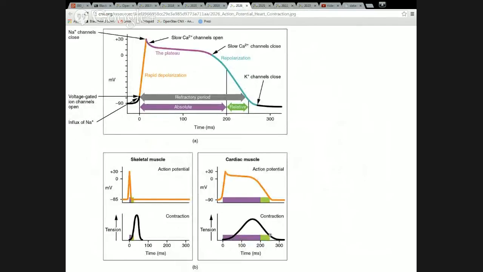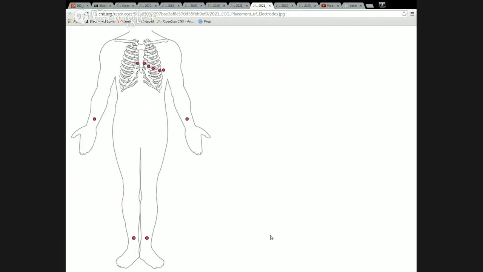So this is sort of describing what's happening electrically in the heart and how we're getting to contraction. If we want to measure what's happening here, we have a very powerful tool called the electrocardiogram to do that. So this picture here is showing where we would place electrodes for an electrocardiogram. They don't have to exactly be in these spots necessarily, but there's going to be one associated with the